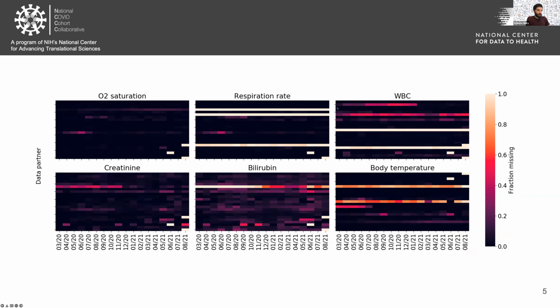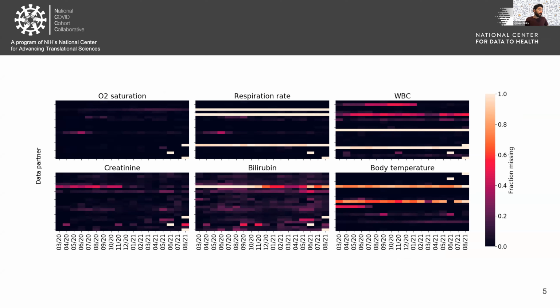You see temporal patterns. So for example, for this data partner, the fraction of missingness increases over time. And all of a sudden it appears to go to 0, but in reality, we're getting very little data from them. Other data partners have very similar patterns, and it really varies. My goal here isn't to get into how you deal with this. I'll leave that to the next presentation, and they can talk more about how you handle missingness